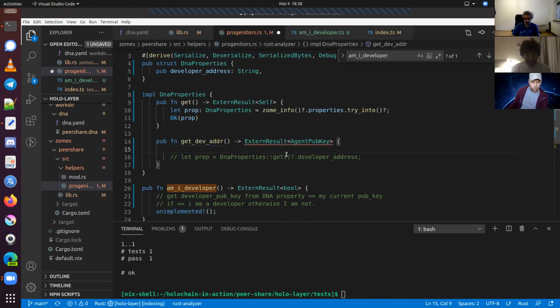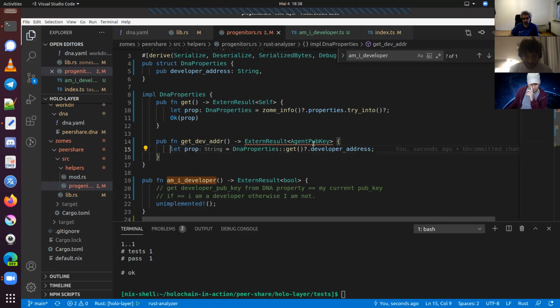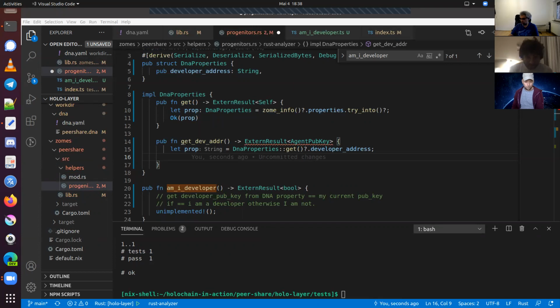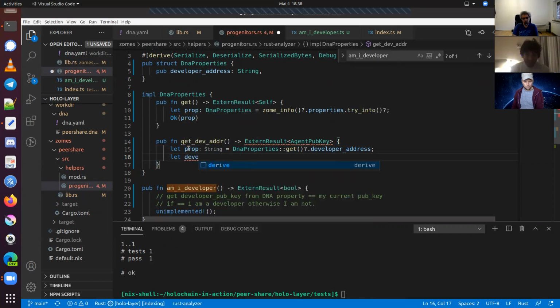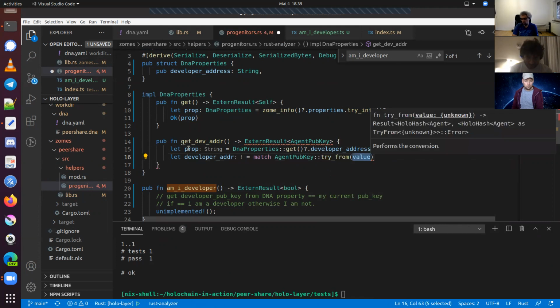Let's return back here. What we wanted to do was generally convert this agent pub key to this one, to the address, public key to agent pub key address. So we are reading the property and then let developer address match agent pub key try from prop,